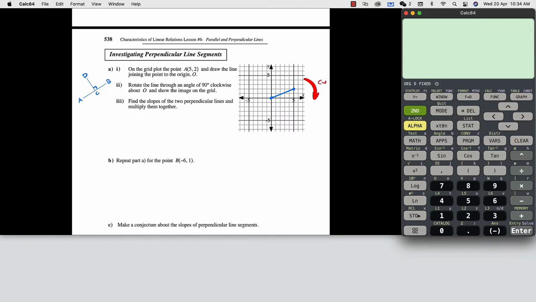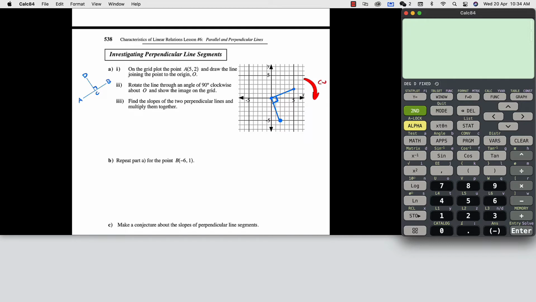And about the origin, so 90 degrees. So essentially, we need to rotate this thing down and remember the rules. So if it was at 5 and 2, it's going to be at 2 and -5. That'll be our new point between these two right here, forming a 90-degree corner. Okay, and it says find the slope of the two